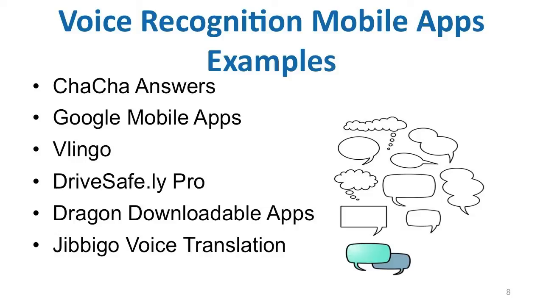Drive Safely Pro, this app reads your incoming text messages to you and lets you compose and send responses by voice. Then the Dragon downloadable apps, which are voice recognition software apps offering a variety of voice-based tools, and Jibigo